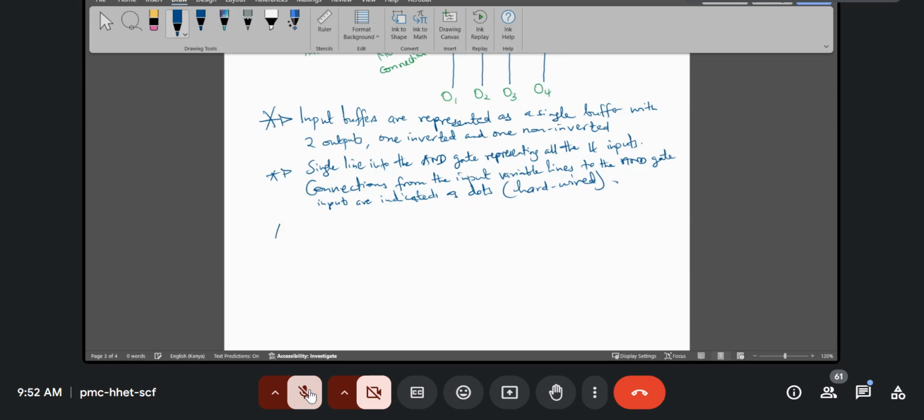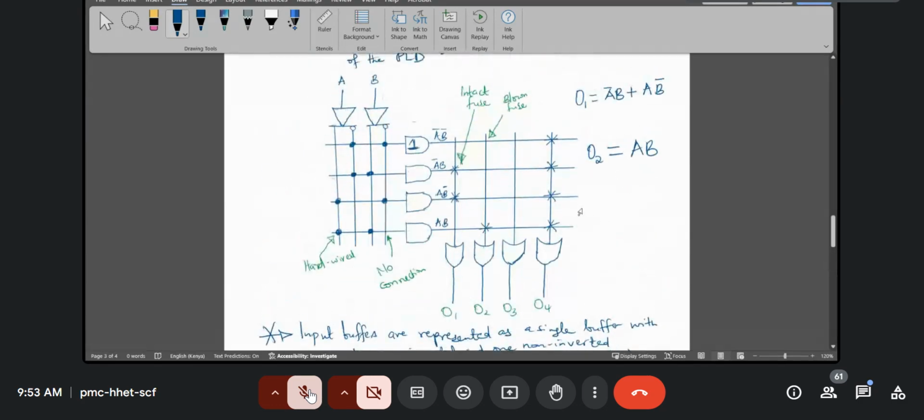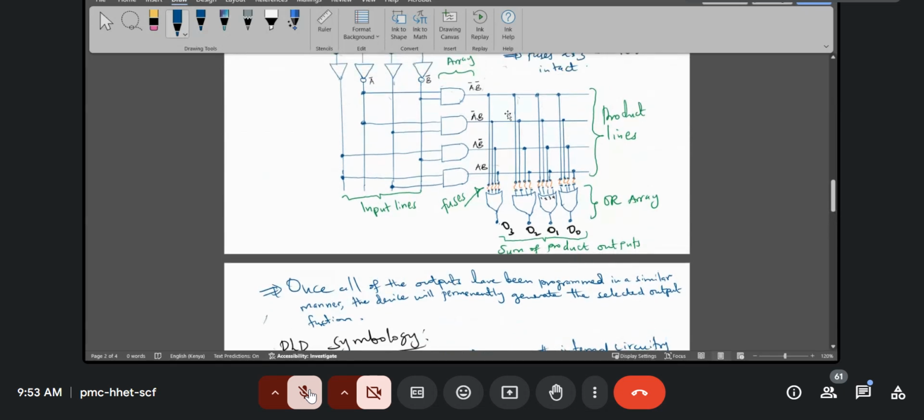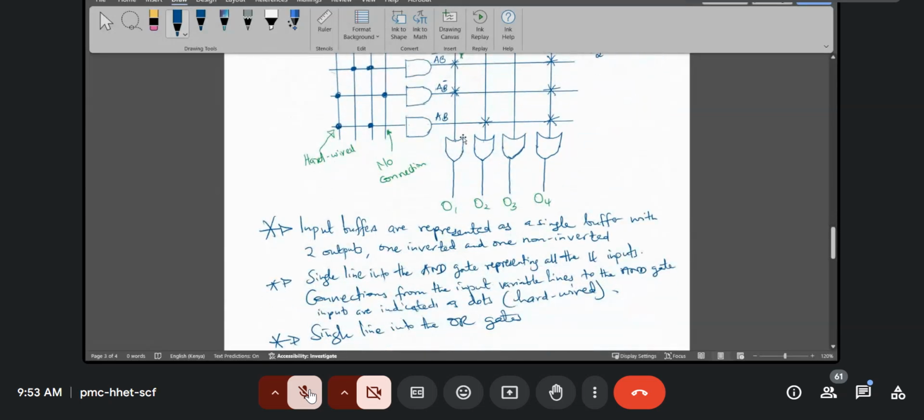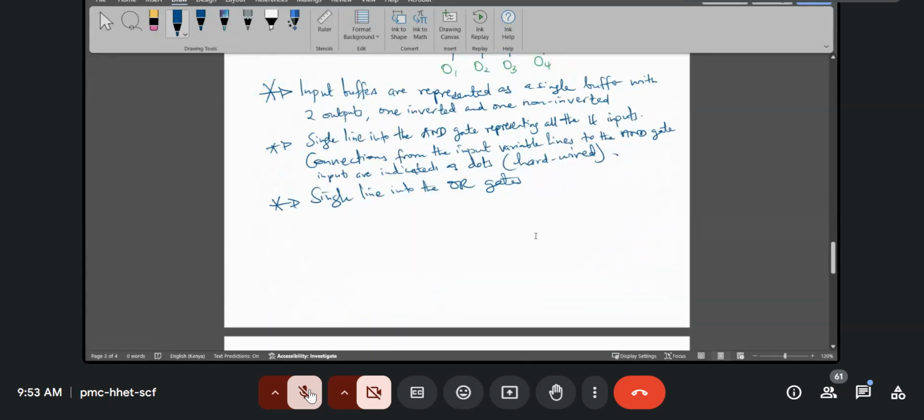Then another thing to note is that we have a single line into the OR gates. In our previous diagram, we were showing all the four possible inputs to the OR gate independently, but here we are just using a single line. So a single line into the OR gates represents all the four product lines,